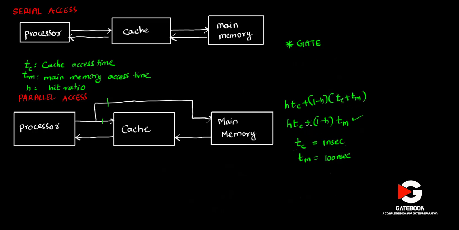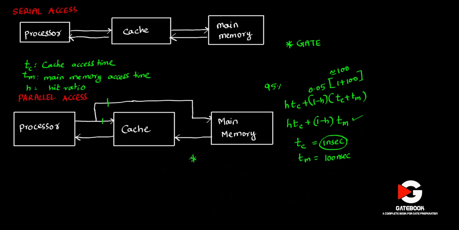Okay. So if you see this one, practically this 1 nanosecond is almost negligible, right? And especially the hit ratio usually will be around 95%, let's say. That means with 0.05 possibility, we are going to the main memory. In that also, this 1 plus 100 is exactly equal to 100, right? Approximately 100 equal to 101. So there is no significant achievement. But what is the trade-off here? You are getting the slight advantage.